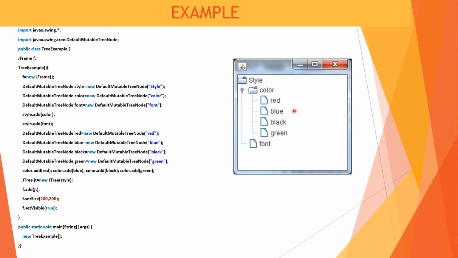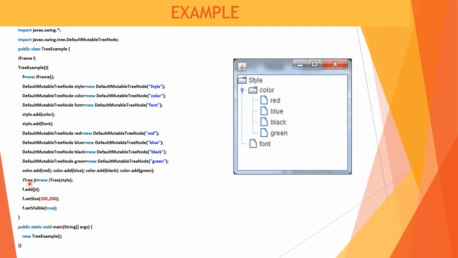The next statements are color.add(red); color.add(blue); color.add(black); and color.add(green). These colors will be specified with the particular color of our option.